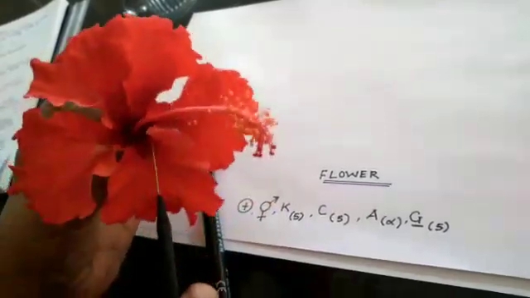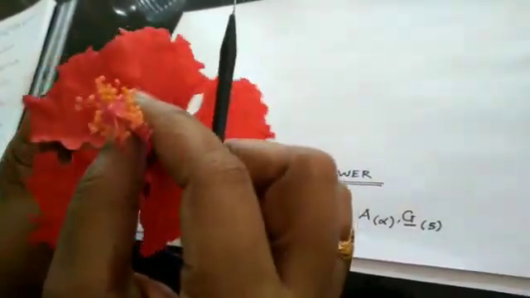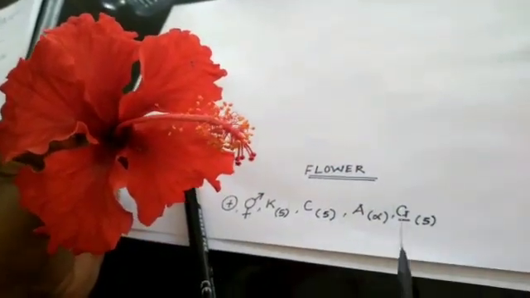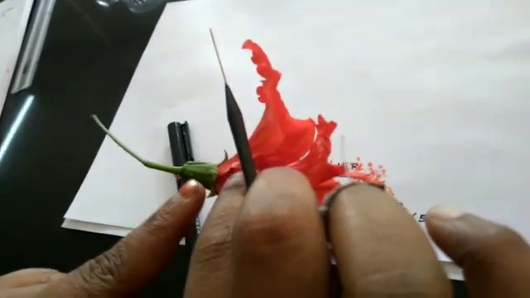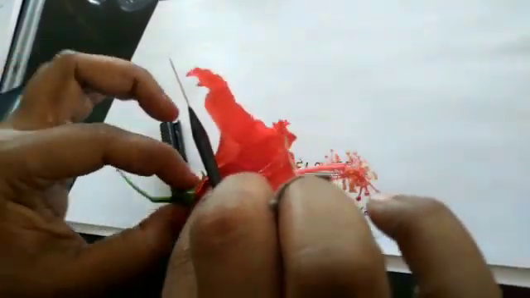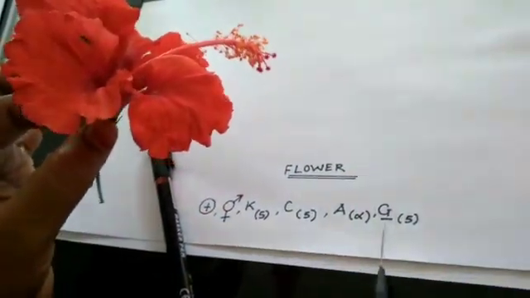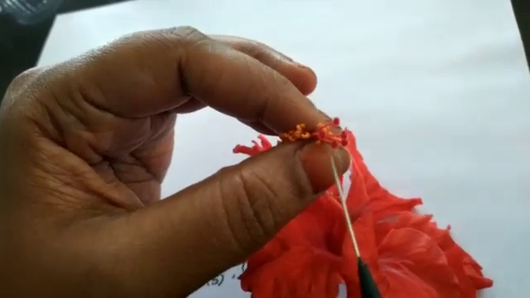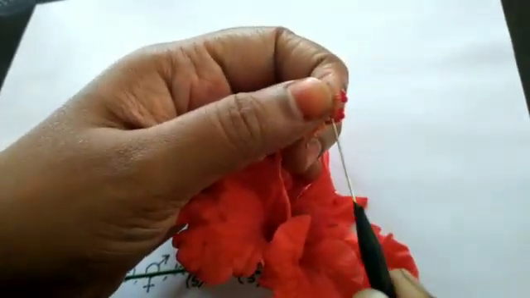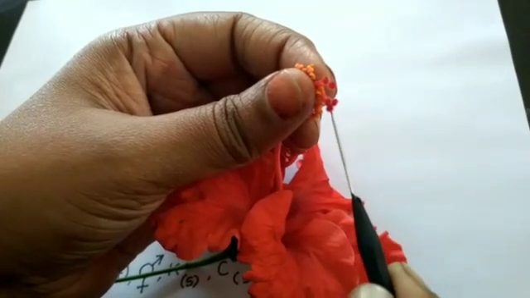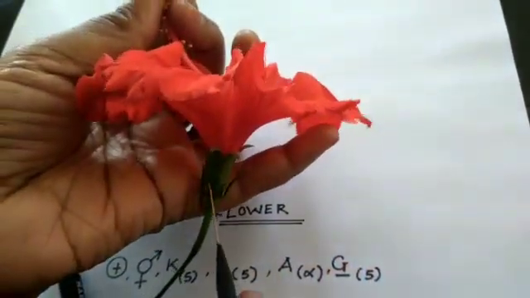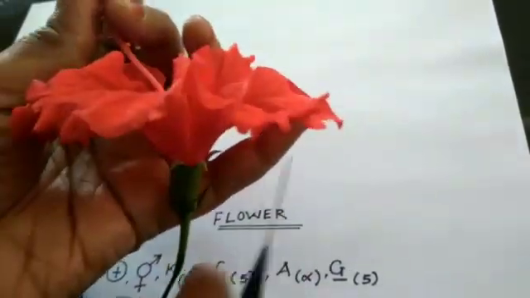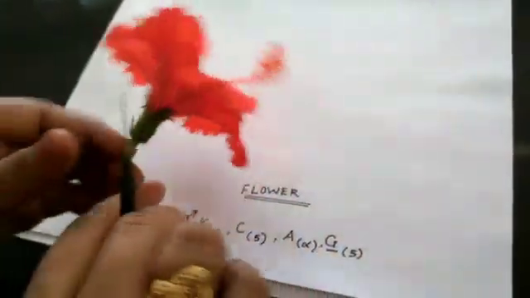Then the androecium is present, a monoadelphous type of combined androecium with many anthers. Then the gynoecium is present inside this portion. The gynoecium is a well protected region with the ovary inside. This ovary is superior, which I will show you. 5 carpels are present; you can see this dark maroon colored portion. When we open the ovary, we can see 5 locules inside it. Now we'll do the dissection.